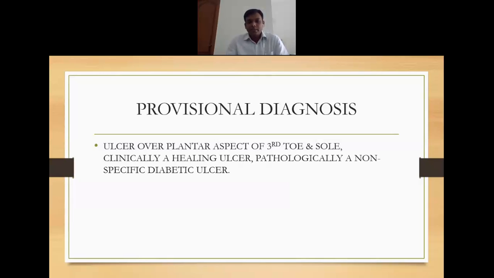So that is why diabetic ulcer is not a terminology to be used. Here it is a non-specific ulcer. Clinically it is a healing ulcer, and by etiology you don't know. 15 days, actually you can call it a traumatic ulcer also, because in 15 days it can heal, but here it is not healing, it has progressed. So you can leave it as traumatic ulcer, you need not tell, but it is a non-specific ulcer.